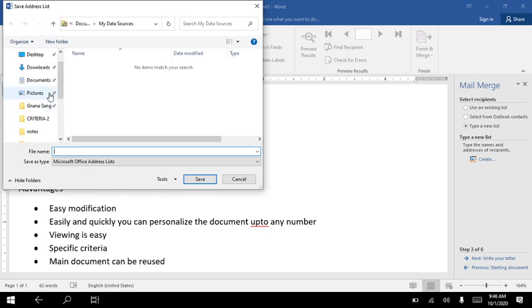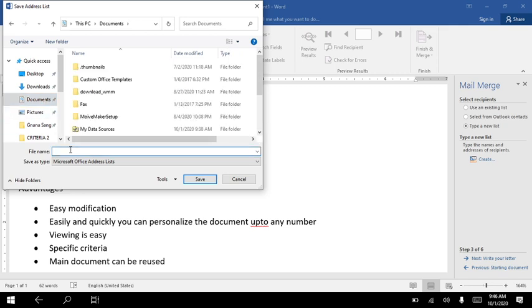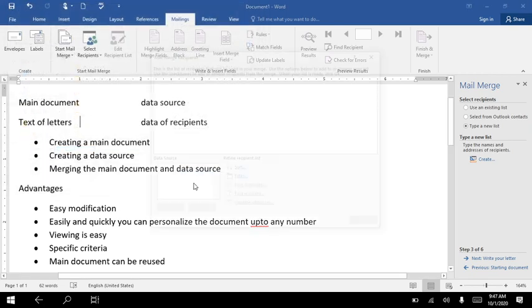Before that, where you want to save it, you can just put it. Now you will be selecting the recipient list. For your reference, I'll give recipient list class 6, save, okay.